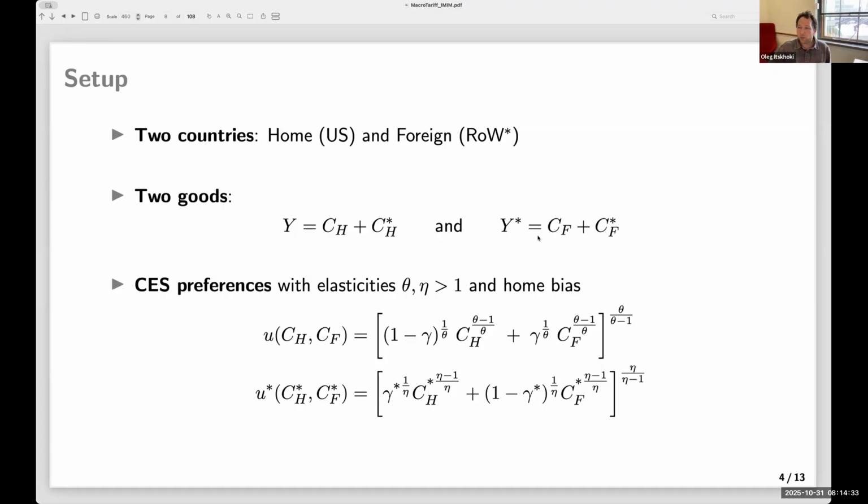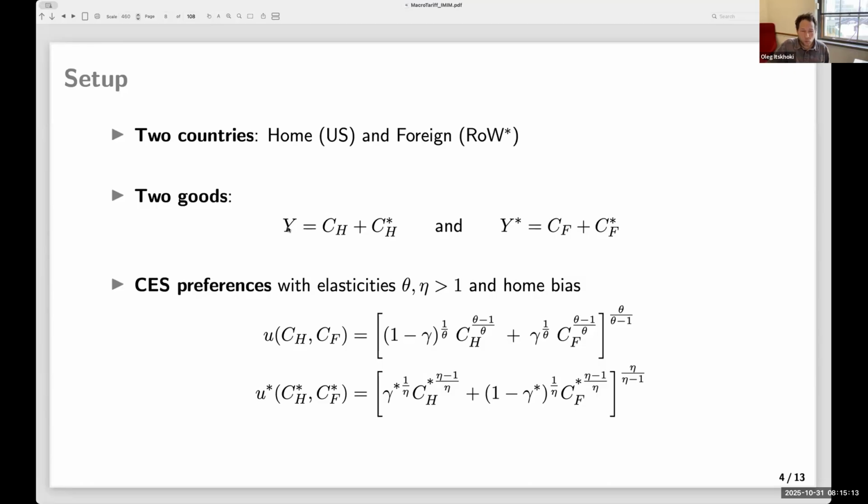But it seems like we're capturing the essence of the problem, and then you can refine it. And the essence of the problem is that you can do it in an endowment economy. It can be fairly easily generalized to production, which we do in the paper, but I'll focus on the endowment model here. It's an Armington endowment model, right? So we shut out intermediate inputs and so on, but all those things can be brought in. In the trade literature, people know how to do it. This is not where our value added will be. Our value added would be to incorporate the financial asset side of things, right?